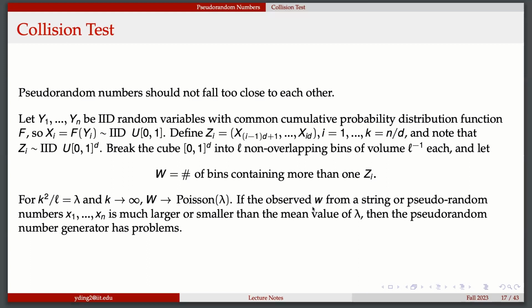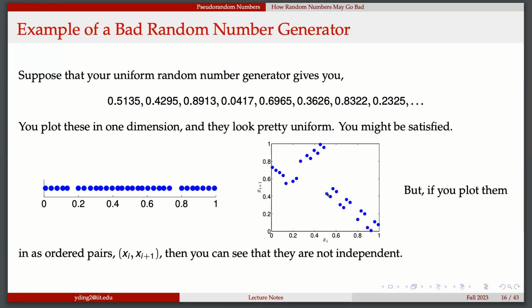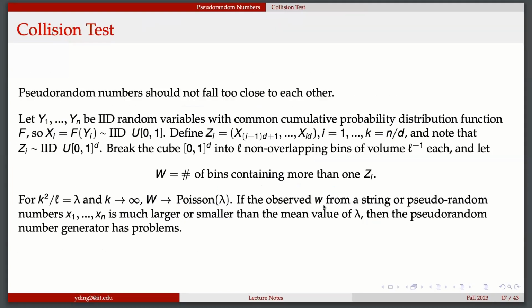Even though we hope the points are spread out over the whole space, we don't want each of them to be too close, just like what we have here. These two are a little bit too close. We hope they are not too close to each other. So consider if we generate some random variable here, which has the cumulative distribution function F. This is also important when we learn the inverse transformation.